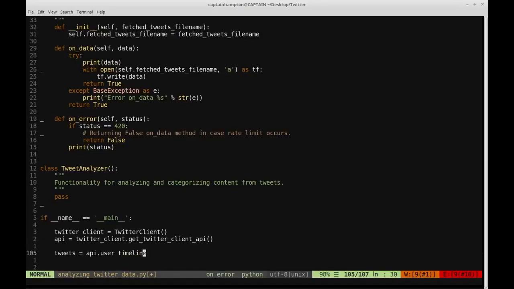This user timeline is not a function that we've written. It's a function from the Twitter client, so just to be clear on that. This function will allow us to specify a number of things. One thing we can specify is the user that we want to extract tweets from, and another thing is how many tweets we want to extract from